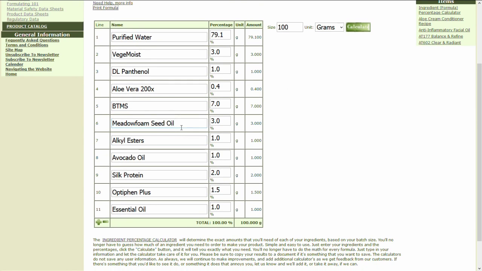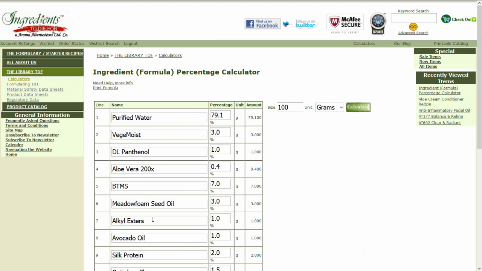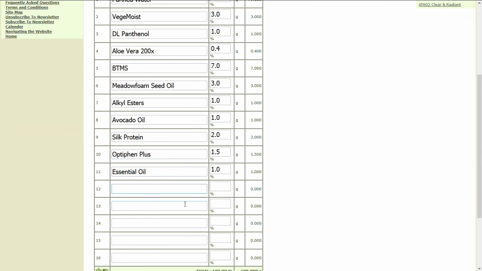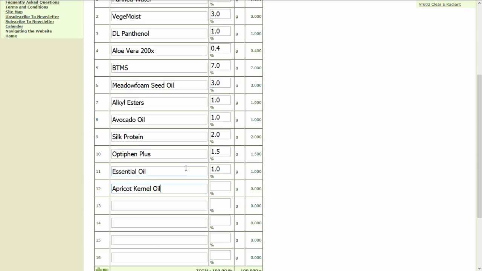Let's say that you wanted to use a combination of meadow foam seed oil and apricot kernel oil. And so you'll notice you're out of lines. And remember, the plus and minus at the bottom of the table is going to add 5 lines if you hit plus, or subtract 5 lines if you hit minus. So I'm going to hit the plus button, and down here I'm going to type in, by clicking the cursor in the first empty field, I'm going to type in apricot kernel oil. And now, if you scroll back up,